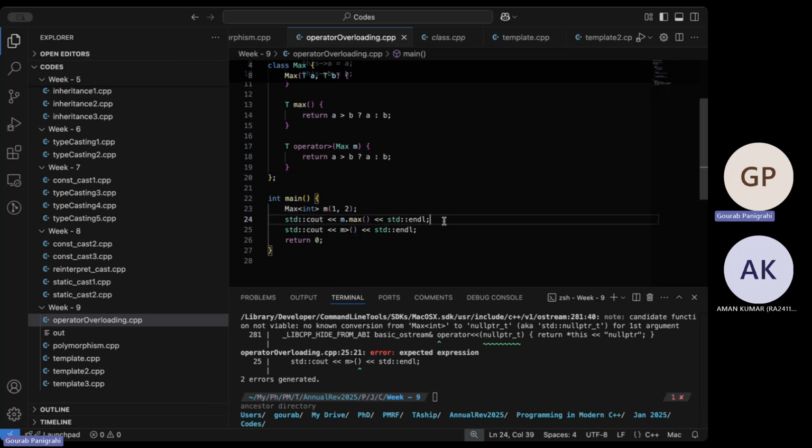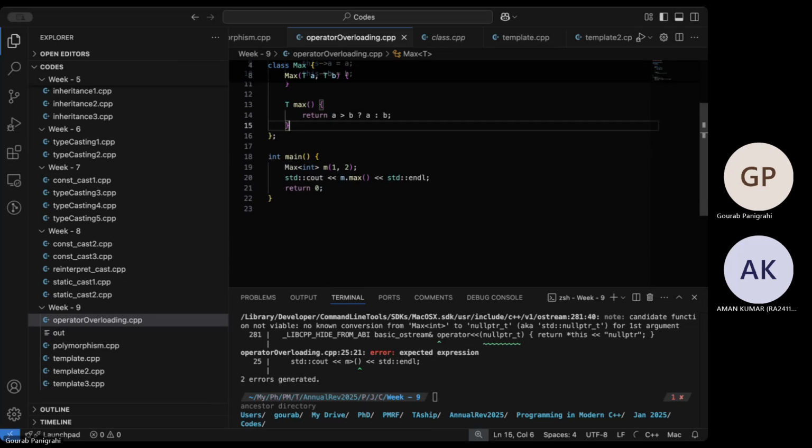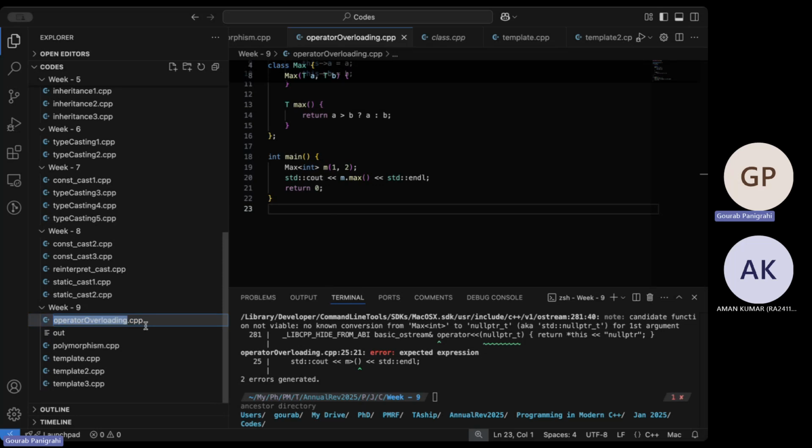Let's not worry about it. Right. So that was one example of how to use templated classes. What I want to show is, maybe I'll not call it this class.